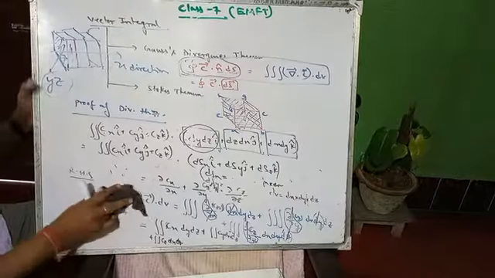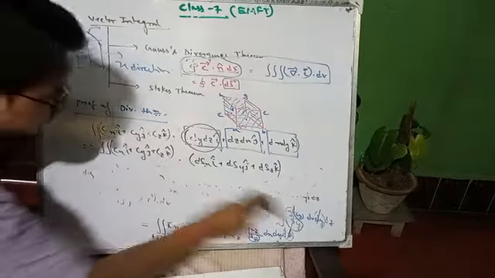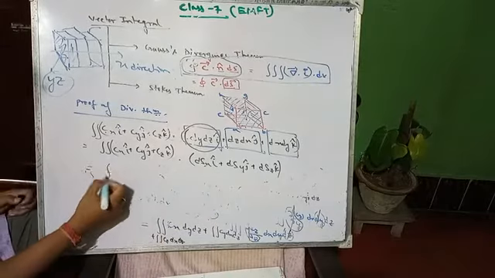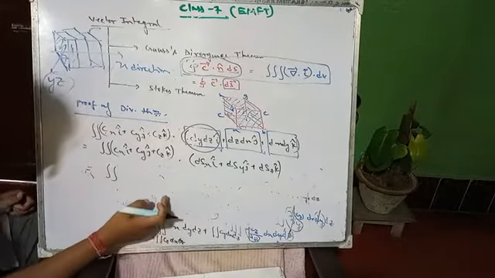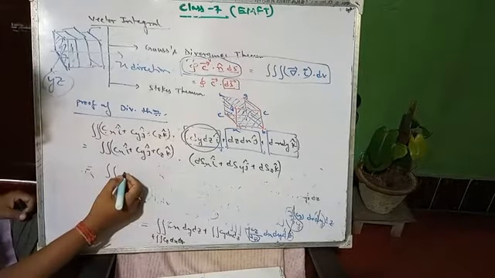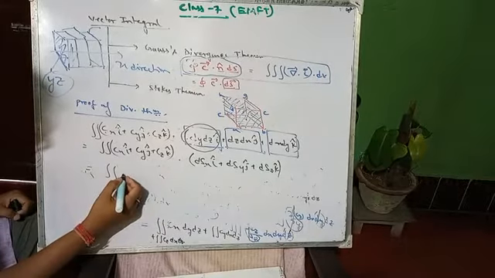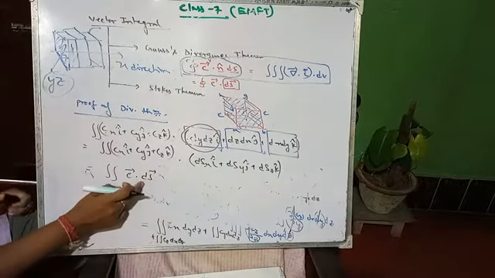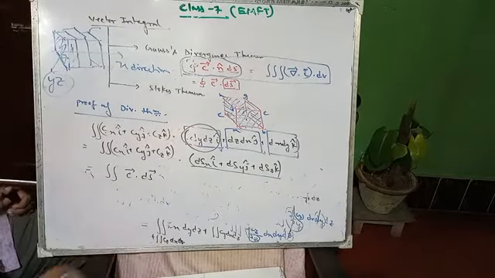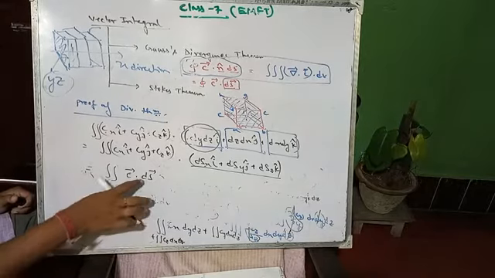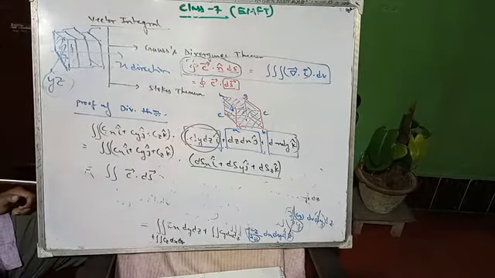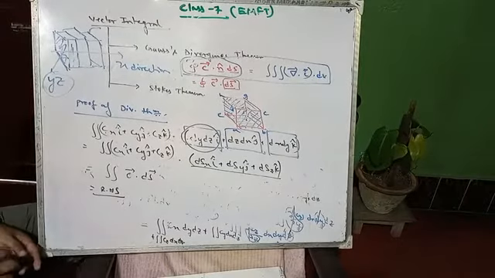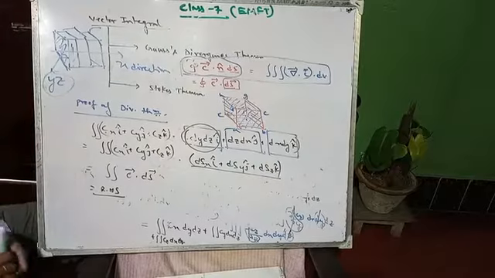So the next line will be this one. This is nothing but the dot product. So can we write it as C vector dot ds vector? This ds vector is nothing but this one, it is the right hand side of this. So in this way you can easily prove this divergence theorem.